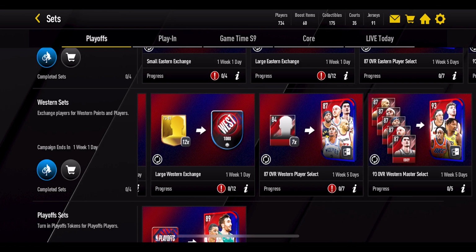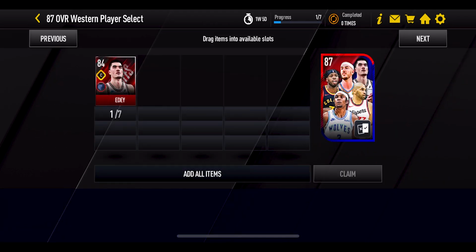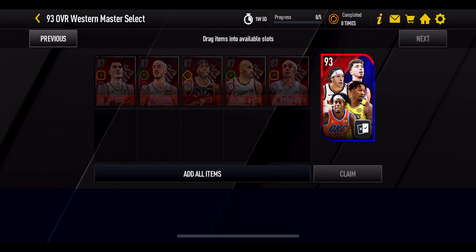When it comes to exchanging your players up, you need 4 84 overall players. So you can see I can put one in over there to get yourself an 87 overall player select. Now, whilst it doesn't matter what 84s you put into this set, when you get that 87 overall select pack, make sure you save it to your bench, because you need to get yourself specific 87s in order to get yourself